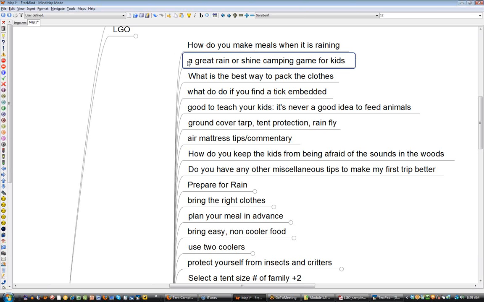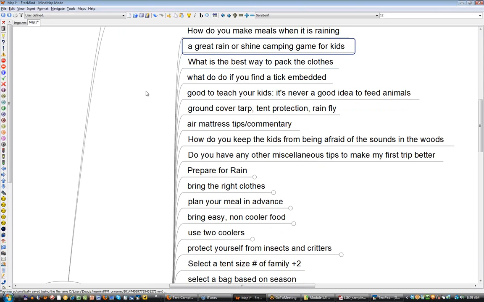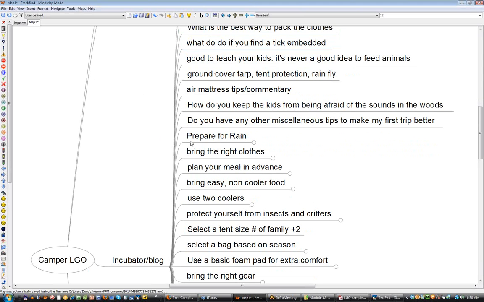Here's a statement: a great rain or shine camping game for kids. So we had gone through our brainstorming process and converted them to statements and moved them around. Some of these were potentially going to be in the LGO, and then we moved them over to this blog post category. And here's some of the stuff that